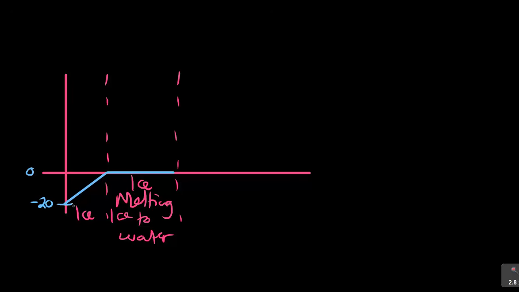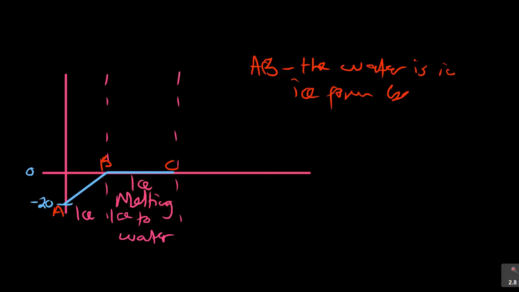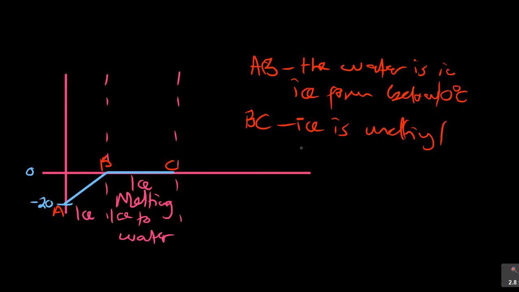So this is the graph that they want. They want to show from negative 20 to 0. So we can call these parts A, B, and C. Then you tell us from A to B what is happening. You are saying the water is in ice form below 0 degrees. That's the first part. And then from B to C, ice is melting, that is changing